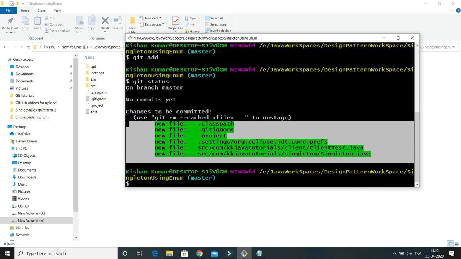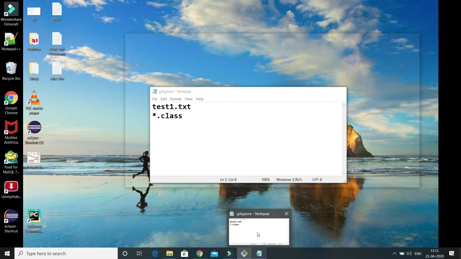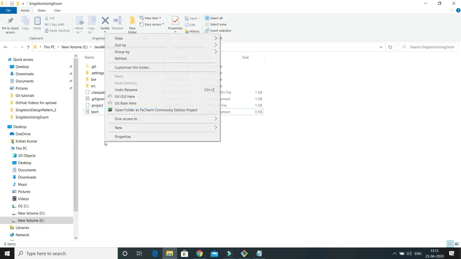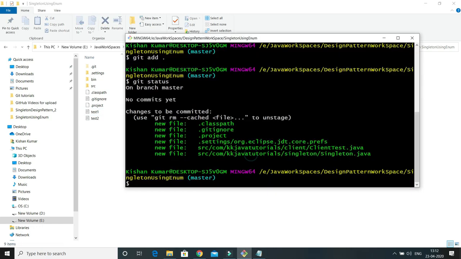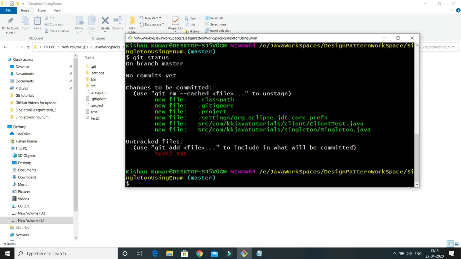But here you can see in my .gitignore file I have specified that txt files should not be tracked. So now I go here and create one more test file, test2, and if I do git status, then you'll see Git has one more untracked file, meaning this file is not added as of now in the staging area.